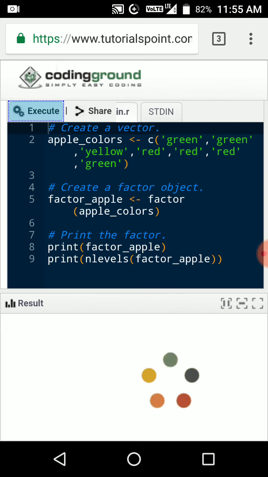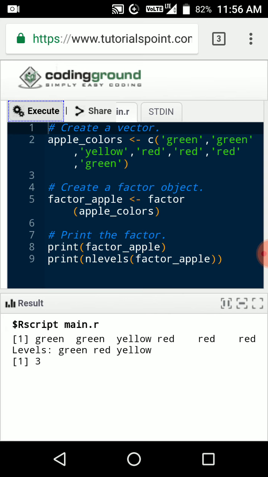And coming to the execution, this is the format. How many levels do we have? Green, red, yellow. Green, red, yellow, that means we have 3 levels. How many types of colors? That means 3 colors.